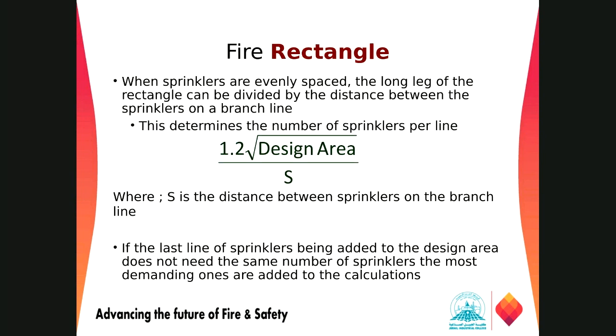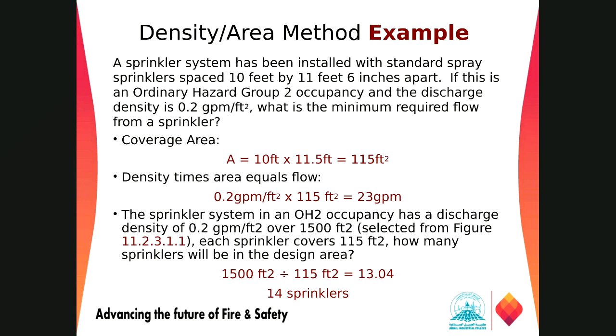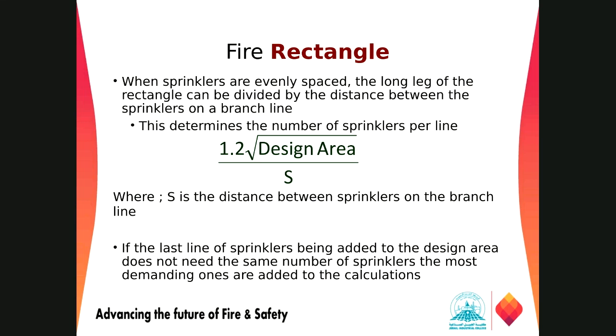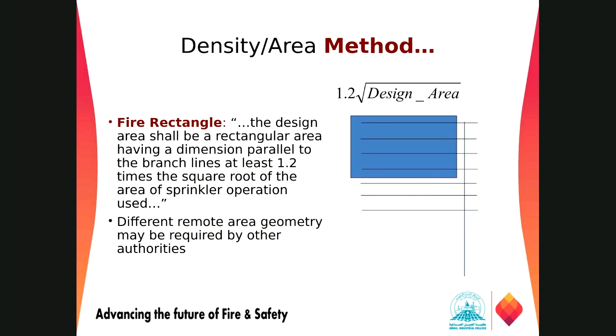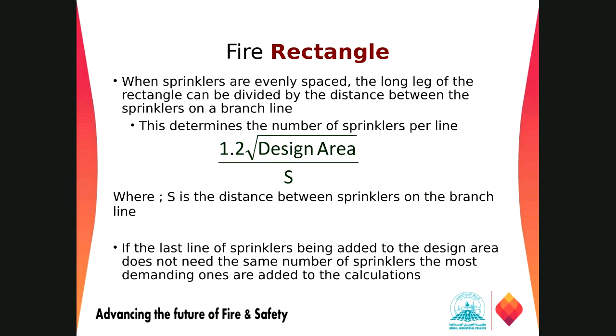I think here we are facing some issues. We have two formulas. I'll go to the whiteboard after the calculation of this one. This one is about how, once we determine the length of the branch line, we have to work out how many sprinklers we need in the branch line. Those divided by S, we'll get the number of sprinklers. And now let's go to the blackboard so we can see how it works.